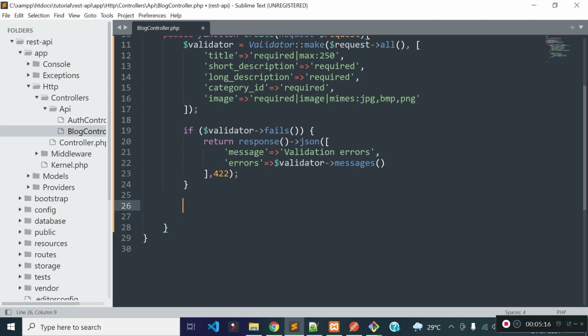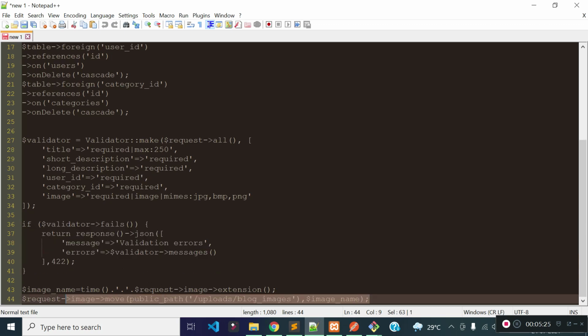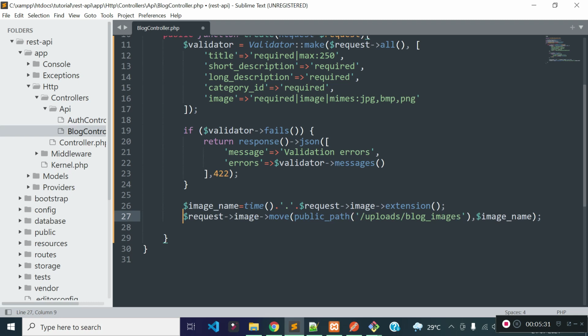what I will do is store the blog record inside the blogs table with the help of the Blog model. And before that, I will upload the image, because we are uploading an image during blog creation, right? So I will generate an image name with the help of the time function and the image extension. We can get the image extension with the help of the request image and then the extension method. It will return the extension of the image. This is the name attribute of our field. In my case the attribute name is image, and then I'll move the image to our public/uploads/